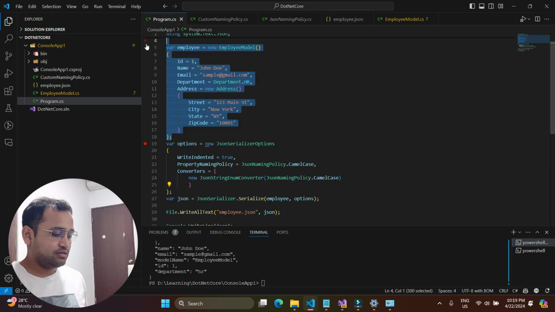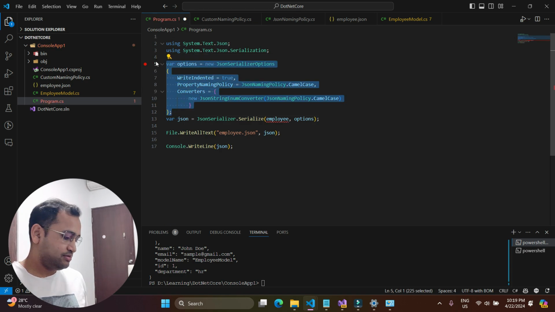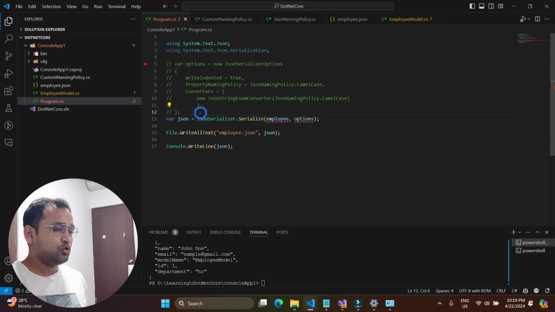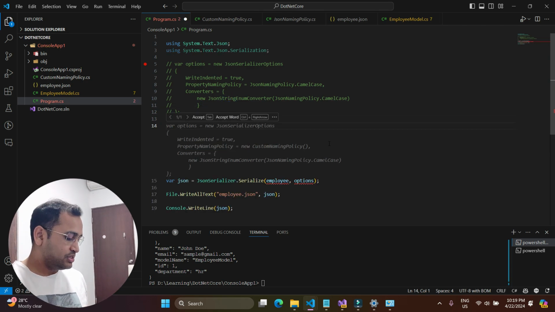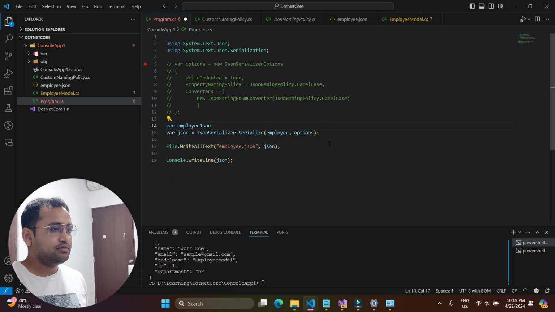So here I can just remove it this time, and let's maybe comment it because we may use it after some time. These options are also required in the deserialization concept. So here you can notice that I'm writing some employee JSON, and let's do that. So basically I'll be using these